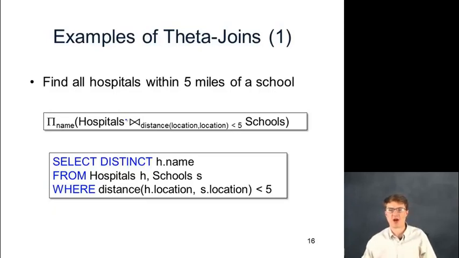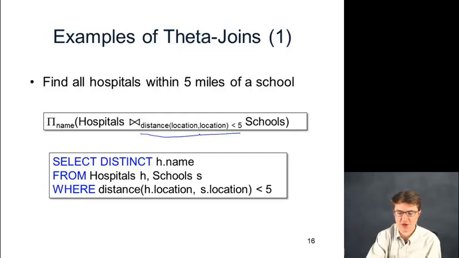So if you want to say find all hospitals within 5 miles of a school, well, this doesn't immediately seem like a relational algebra query or a SQL query, but it kind of is, right? It's just a join where the join condition is this distance function over the location of the hospital and the location of the school. Okay, and then I did a projection here to project out the name of the hospital